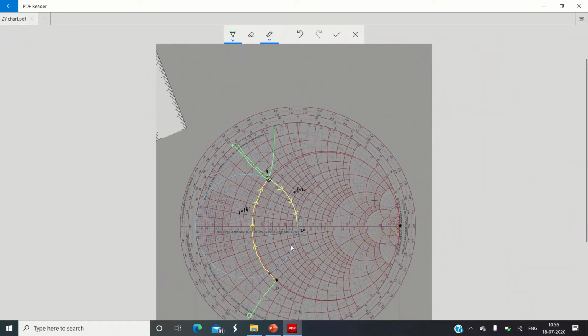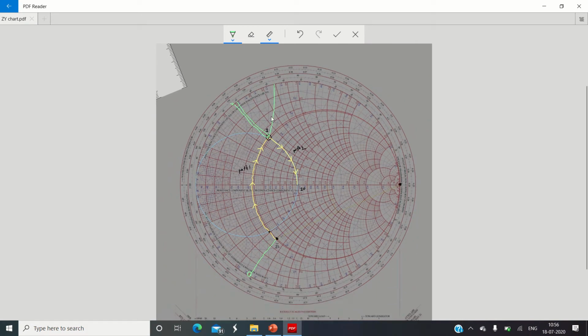We have correctly written all the values of reactance and susceptances, and we highlighted all these operations in our Smith chart. Now please remember, all these operations you need to exclusively show on the Smith chart because it is going to carry the marks. Whatever readings you take and whatever markings you make, all should be visible in your individual Smith chart, because it is going to carry the marks.